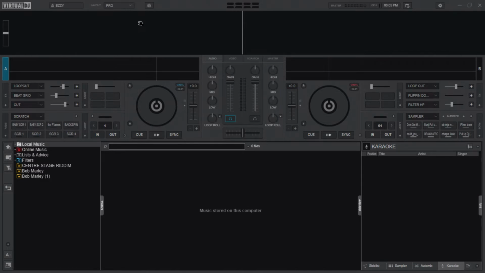We're going to look at the sections of the interface. We have the status bar right here on top. We have the waveform window here. This is the space, this screen here. It will show you the waveform, that is the track that you're playing in a graphical kind of way. And down here, we have the deck area. We have deck A and deck B.